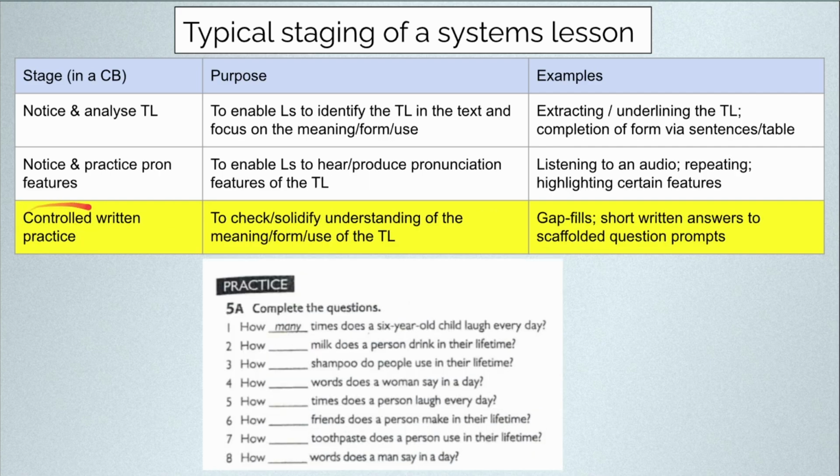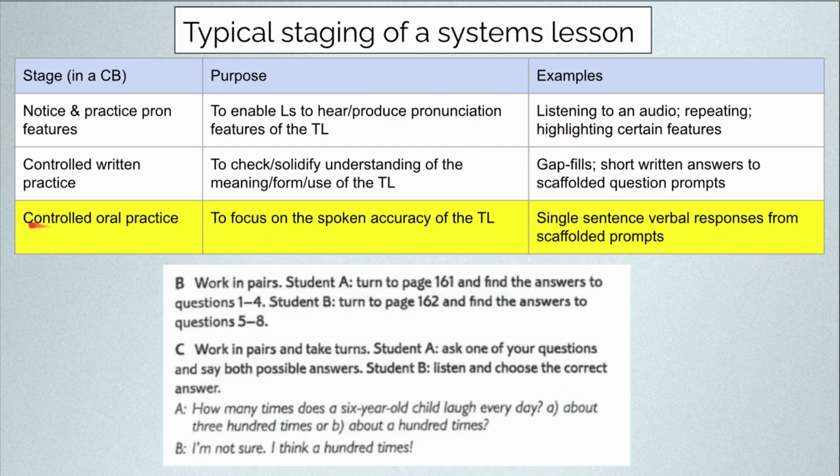Then we move into the controlled written practice to check and solidify understanding of the meaningful use of the target language, often done via gap fills or short written answers to scaffolded sentence prompts, in this case a gap fill. This is followed by controlled oral practice to focus on the spoken accuracy of the target language, often via single sentence verbal responses from scaffolded prompts. This exercise encourages a bit more language, but likely would only result in single sentence responses,